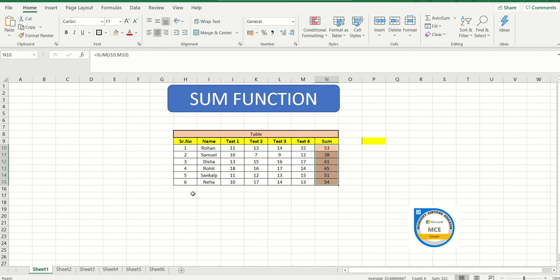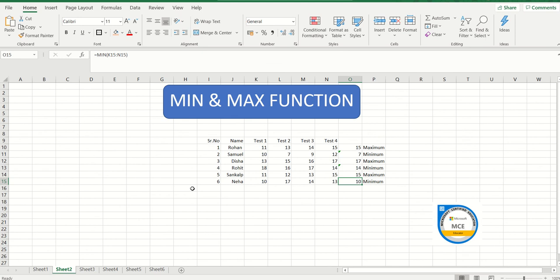Okay, all right. So what we did today was the sum function. Sum function is for addition. So what we are going to do is equal to, I'm going to select sum from here, then I have to select a range, and then you will click on enter. Second one that we did today was minimum and maximum. The formula for maximum is equal to max, select the range, hit enter, it is going to give it to you. My formula for minimum is equal to min, select the range, then hit enter. Okay, this is how it is going to give it to you.